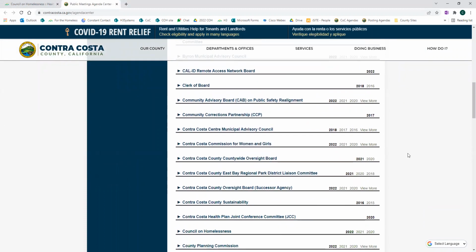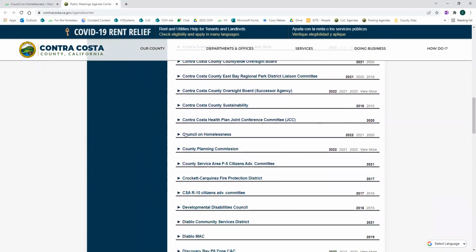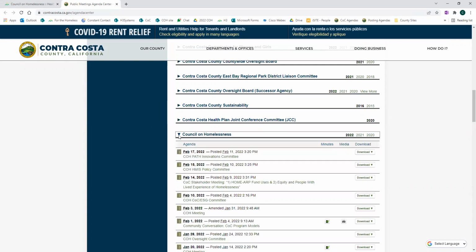So this is alphabetical, so we're going to scroll down. There's the Council on Homelessness. They group these meetings by year. So you could go to 2020, 2021. Let's go to 2022 and see what's happening this year. There's two ways you can do it. You can click down like that, and that'll give you the most current listing, or you can click on that